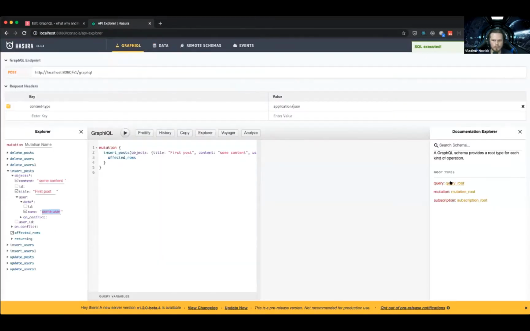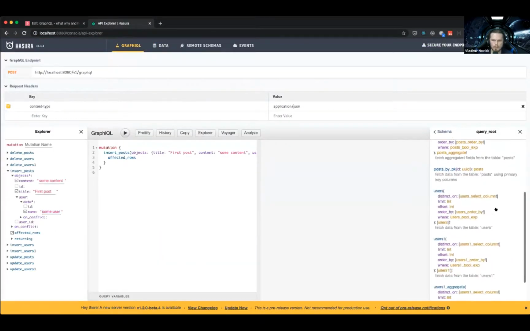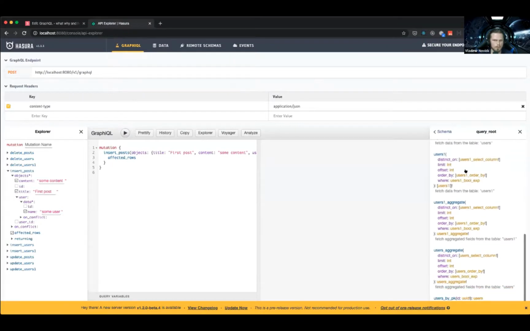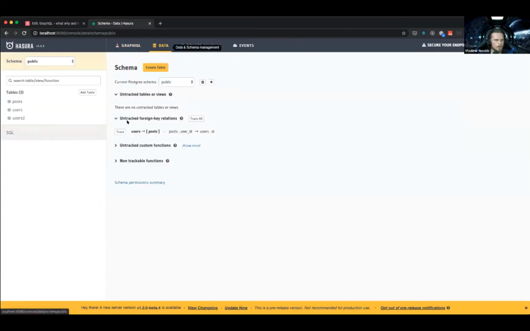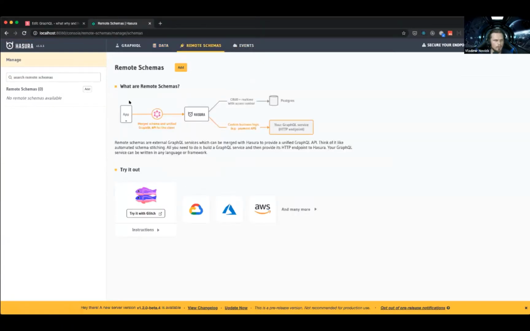And in fact, if I go here, I will see users1 as well. So I can create custom views, and whenever I create a function here, SQL function, I will see mutations auto-generated for that. But if, let's say, I have different server with GraphQL resolvers defined, GraphQL schema defined, I can go to remote schemas and add this server here, and it will basically stitch the schemas, 2 schemas together.